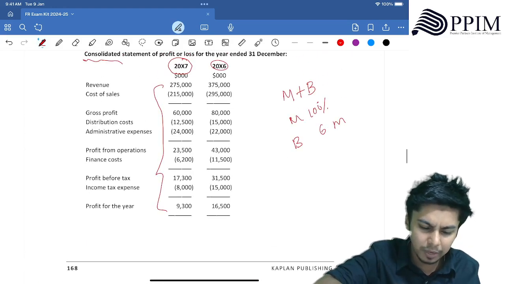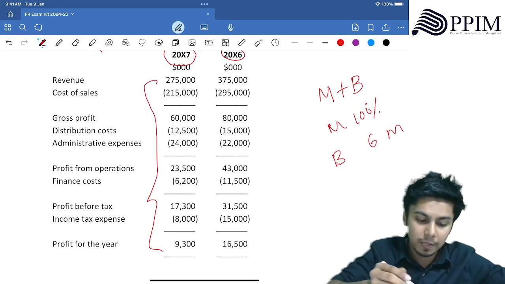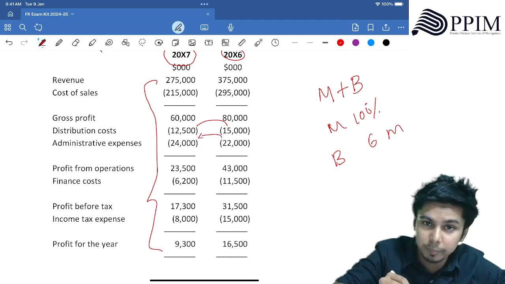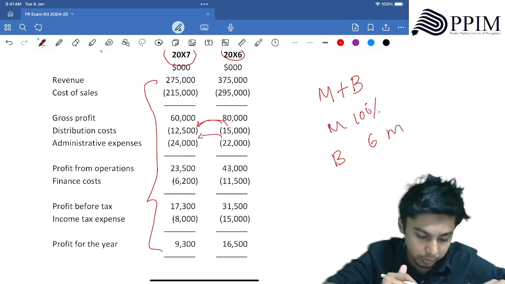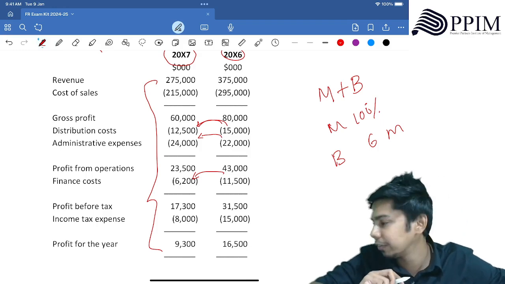And guys, then you can add points like finance cost has fallen. Now see, distribution and administration cost has increased because of impairment, but distribution cost has gone down. So maybe our cost control is good. Finance cost has gone down. Guys, why did finance cost fall? Because we settled the